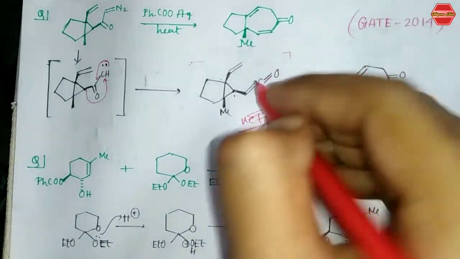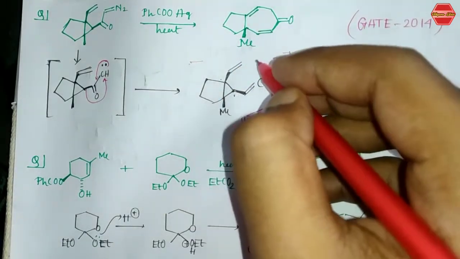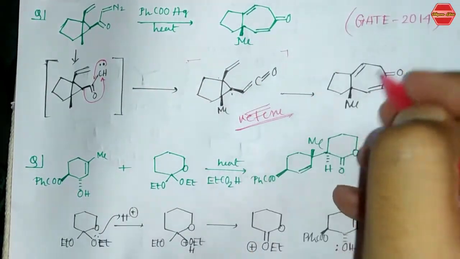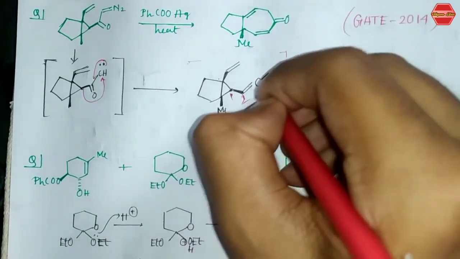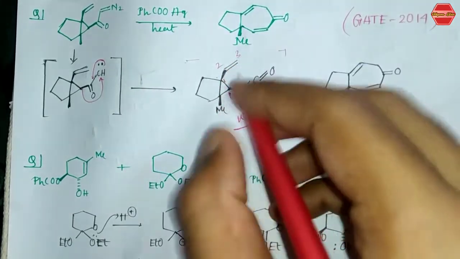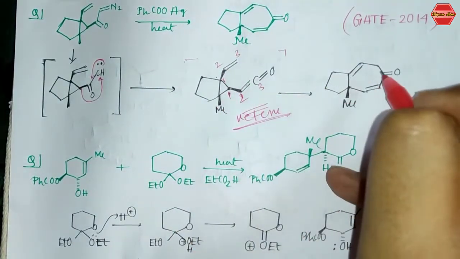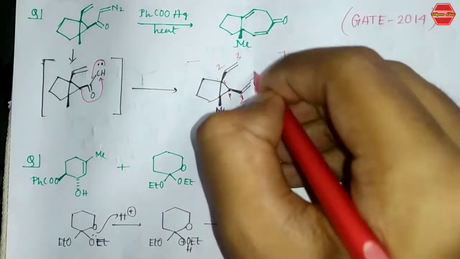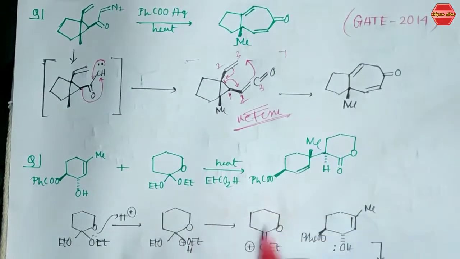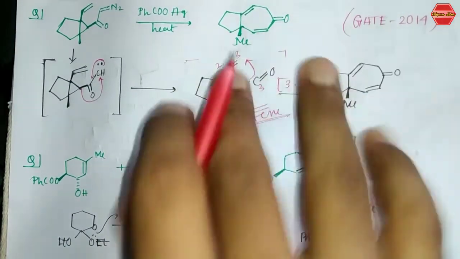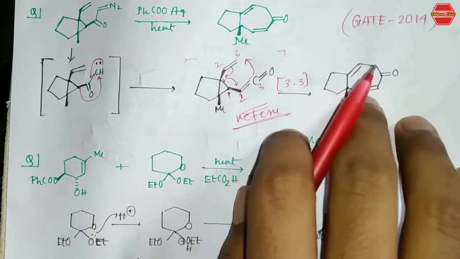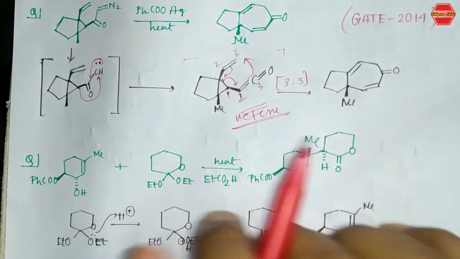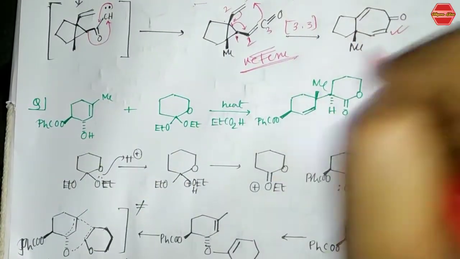main intermediate. Then how do you get this kind of product through rearrangement? See that this is your 1, this is your 1, this is your 2 and 3, and this is your 1, 2 and 3. There is a bond breaking between 1 and 1, and there is a bond formation between this 3 and 3. That is how you can get it this way, right? So this is basically a 3,3 sigmatropic rearrangement. The important thing is that you have to first predict the intermediate, the structures also, and then what kind of mechanism is followed. So this is your overall mechanism for this reaction, and that is how you can get this product.